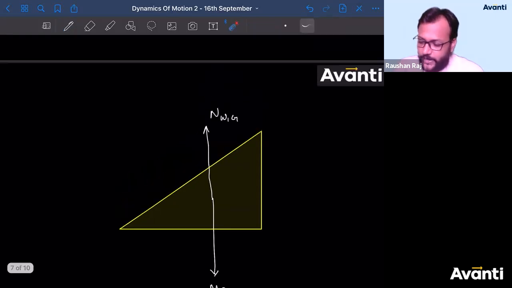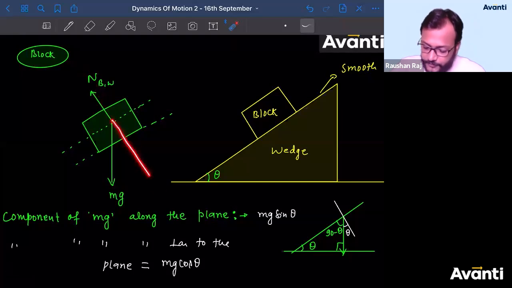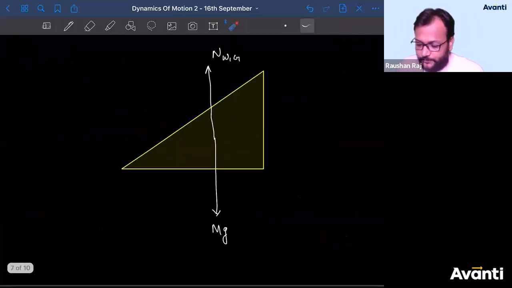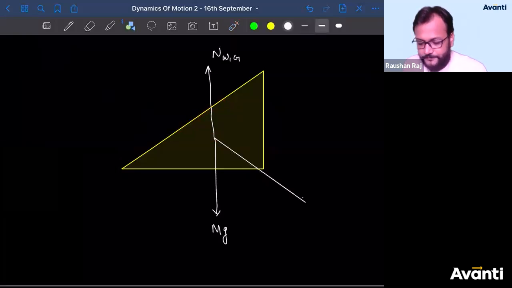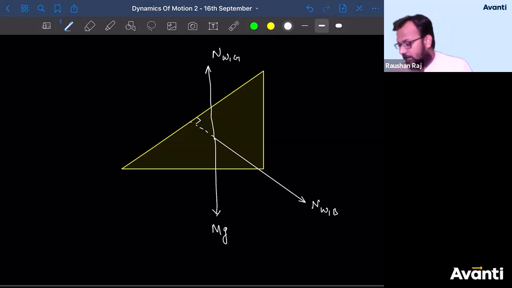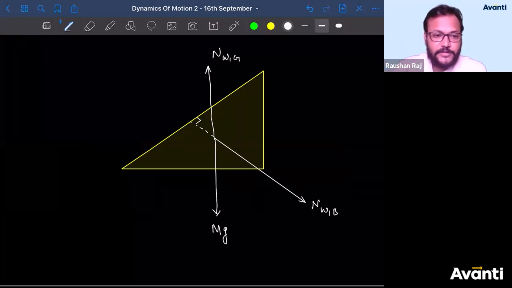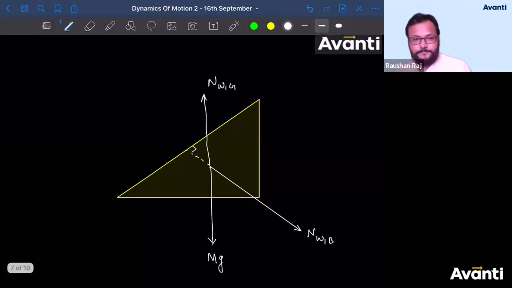Now this wedge has applied a force on the block in this direction. So block will apply a force on the wedge in downward direction. So perpendicular to this, a force will be applied by the block. Sorry, force on the wedge due to block. And this will be perpendicular to the incline. This is the free body diagram of the wedge. Guys, how many of you have got the same diagram for the free body diagram of the wedge? Guys, click yes if you have got the same diagram.